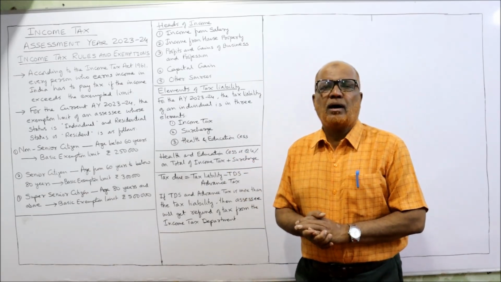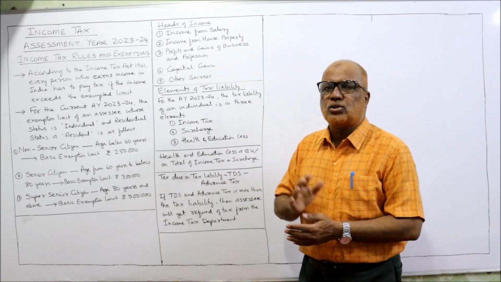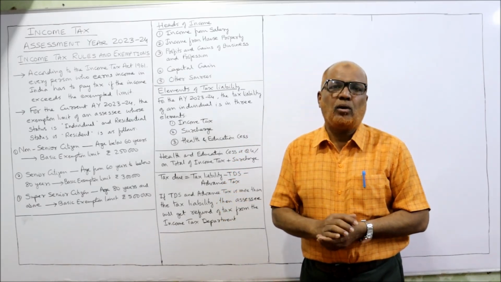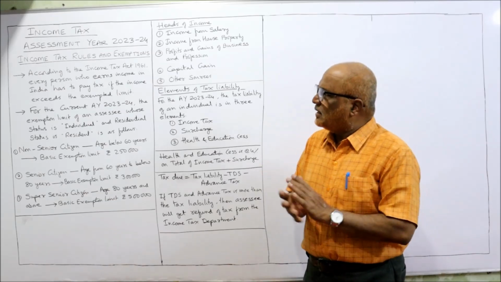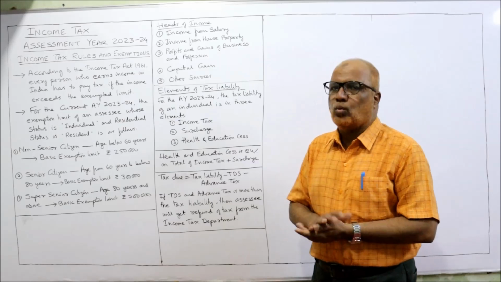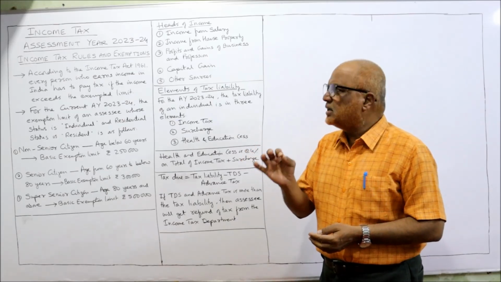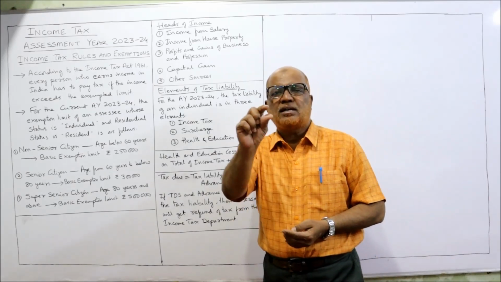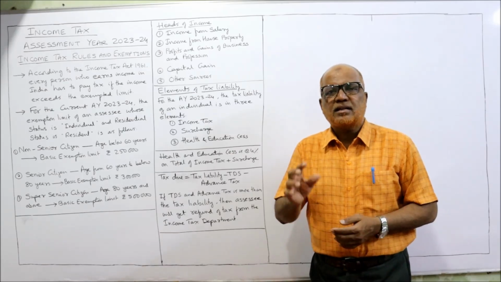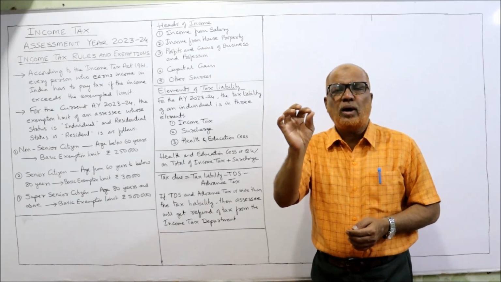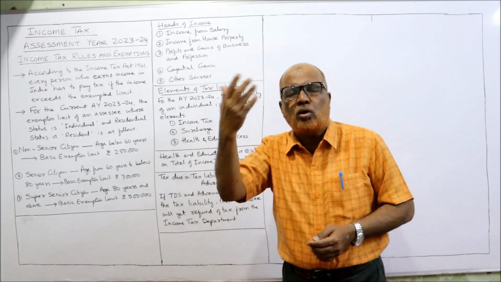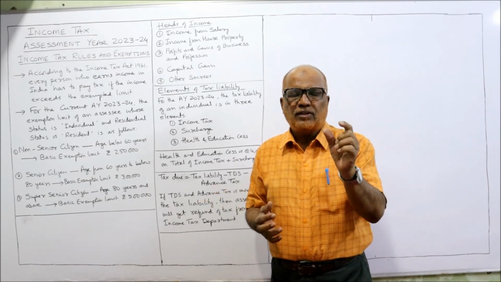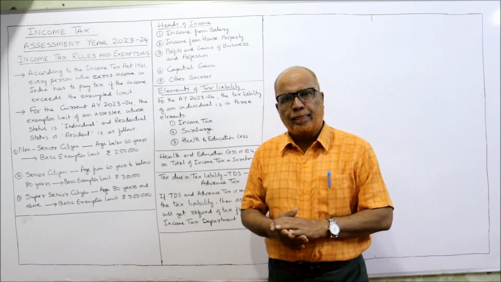Now in this video, I am going to explain you about the income tax rates and exemptions. That means what are the different rates of tax applicable to different assessees. So presently, according to Income Tax Act 1961, every person who earns an income in India has to pay the tax if the income exceeds the basic exemption limit. So Income Tax Act has given the basic exemption limit. So whoever earns an income which is more than the basic exemption limit, he has to pay the tax. Not everyone, only if the person's income exceeds the basic exemption limit.